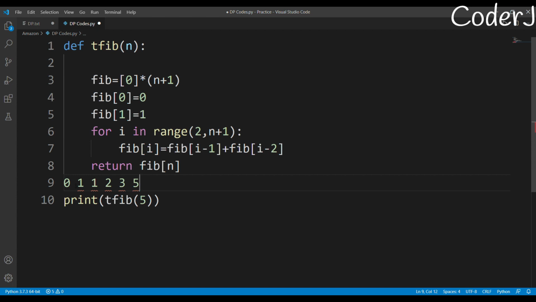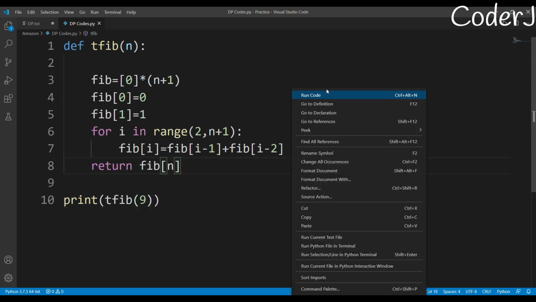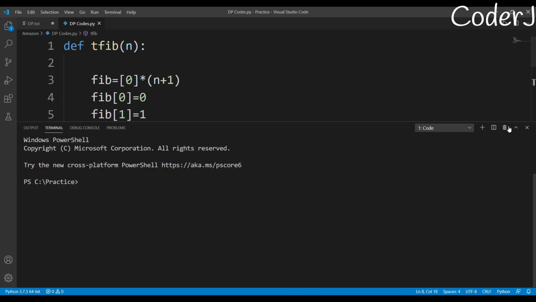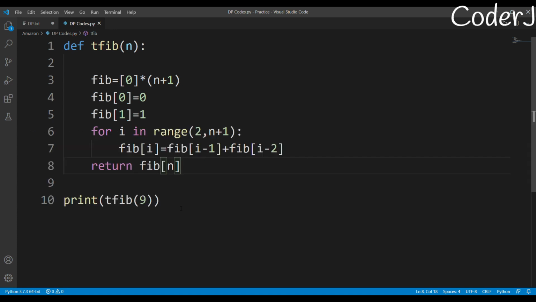Yeah, 0th, first, second, third, fourth, and fifth. So that is exactly correct. If you want, you can try this code anywhere. If recursive functions give you TLE, then I can assure you that this won't. So this is basically the tabulation part.